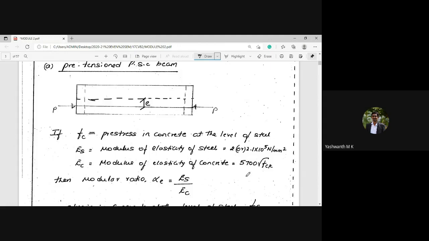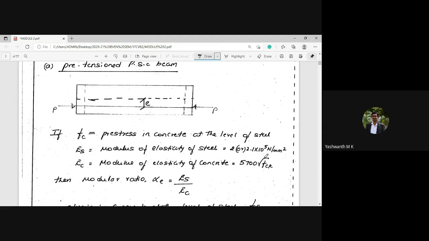This is the theoretical modulus of elasticity, which we can find if we know the compressive strength of the concrete or the mix. The other way, the accurate or exact way, is the experimental method, in which we apply the load on the concrete beam,